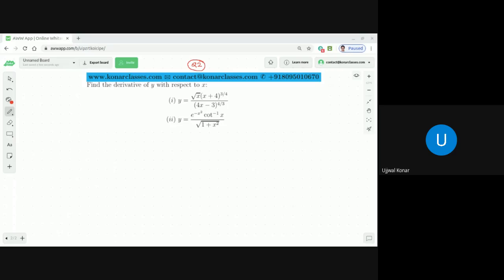Whenever you get a product and then division, always think, as my generic statement, whether I can take log. So let me take this one. If I take log here, what do we get? So log of y is equal to